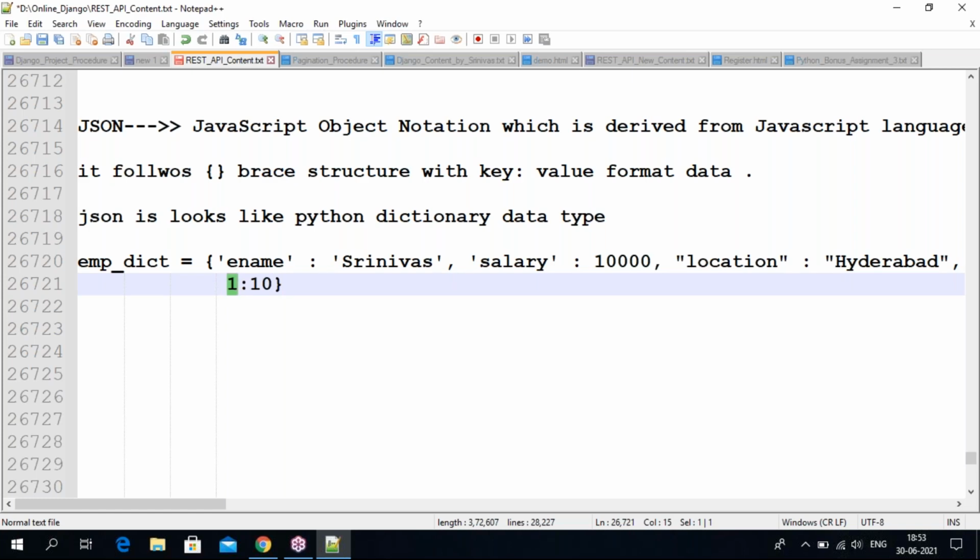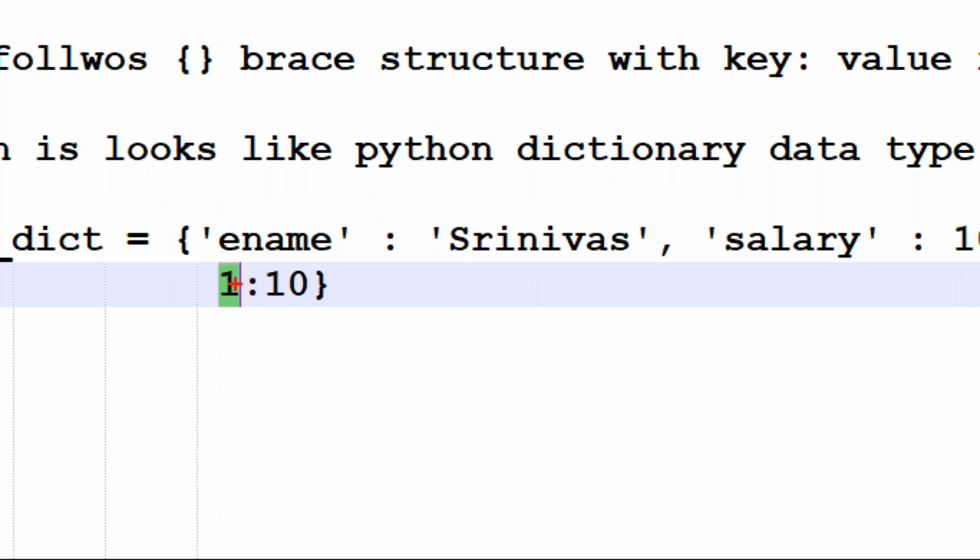But in JSON, if you write like this, it gives an error. In JSON all keys must be string format only, and that should be double quotes only.